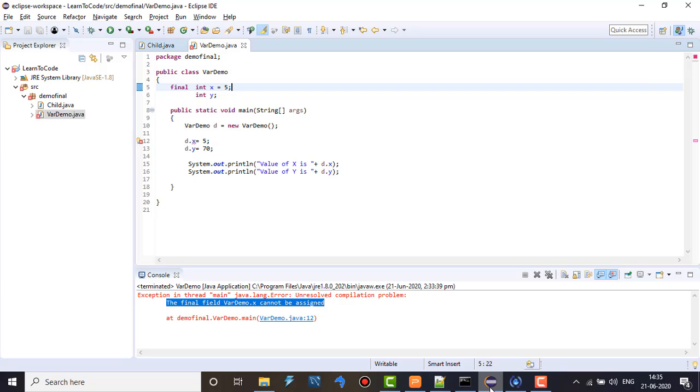So guys, this is how the final keyword works with the class, with the method, and with the variable. The most important thing is that once the final keyword is used with a child class or a method of the child class, it will have no effect on the functionality of the child class. It will work as a normal class or a normal method.